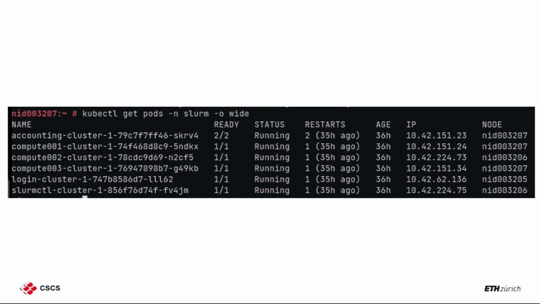And the reason is simple: you find it out because of where the pods are running. If you look at the nodes, you can see there's this NID 003207, and there are 3 pods running on NID 3207. Yeah. And then the rest are running on 6 and 5.